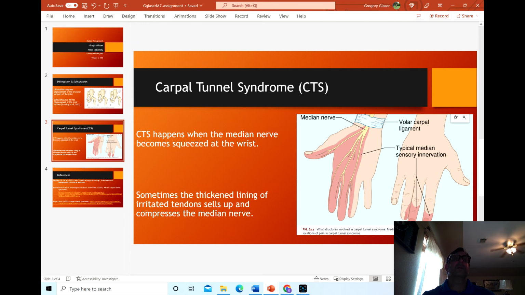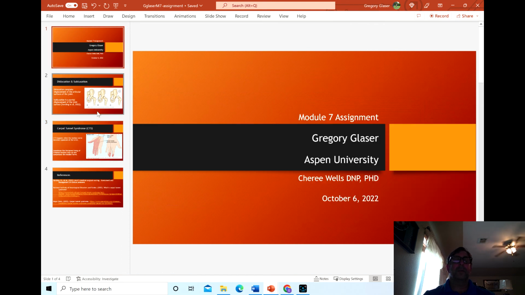Some of the things they could say are being a musician and using your hands a lot, or working on a line, like a factory line, something of that nature, but the statistics are not out fully yet. The etiology could be from those, but they're just now only considered risk factors. All right, those are my two musculoskeletal injuries that I'd like to talk about,